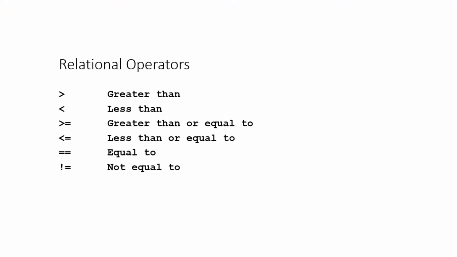To write a conditional statement in a program, we have to compare variables and values we work with. Relational operators help us do that. Here is a quick run of the relational operators on the Python shell. 3 greater than 2 is true. 2 greater than 3 is false. So basically in Python, whatever expression you write with relational operators is going to give you either true or false